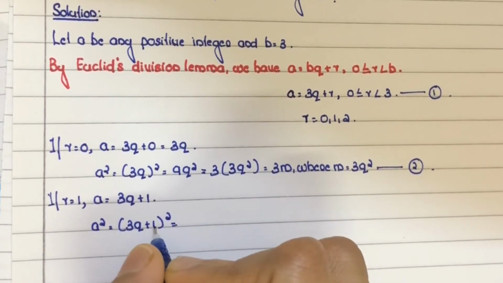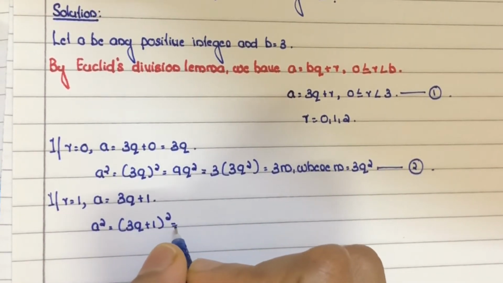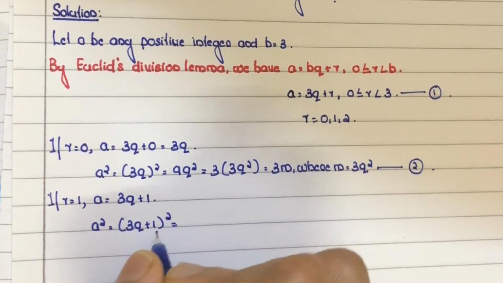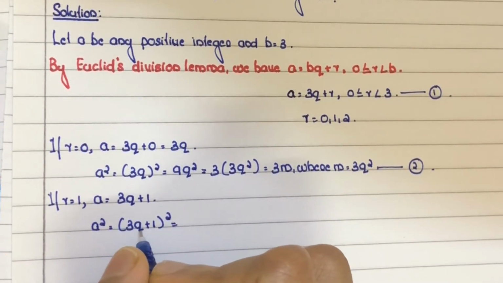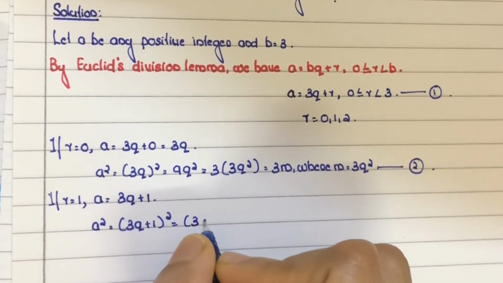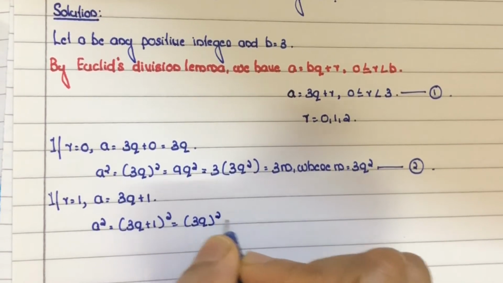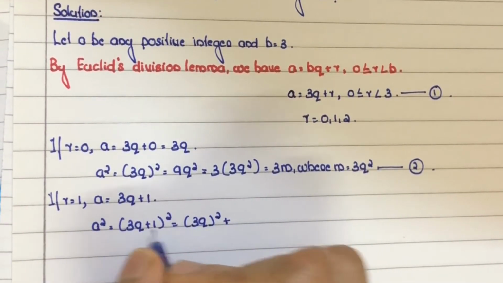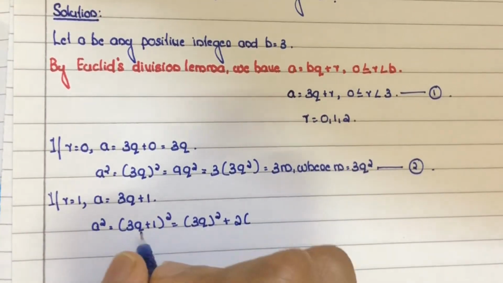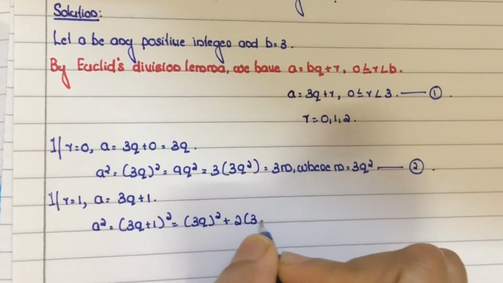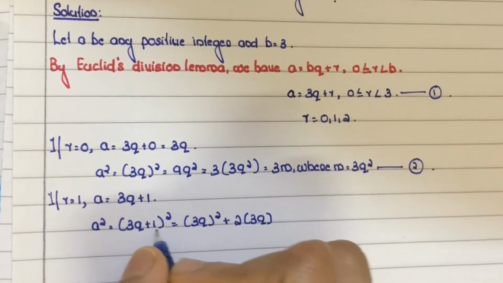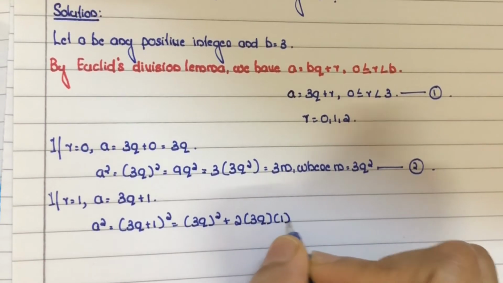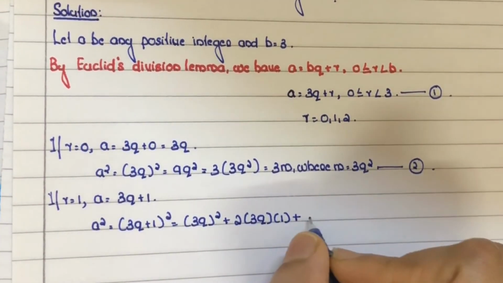What is a plus b whole square? A square plus 2ab plus b square. Okay, so a square, a is 3q, so a square is 3q whole square plus 2ab, that is 2 into a is 3q, 3q into b is 1 plus b square, that is 1 square,